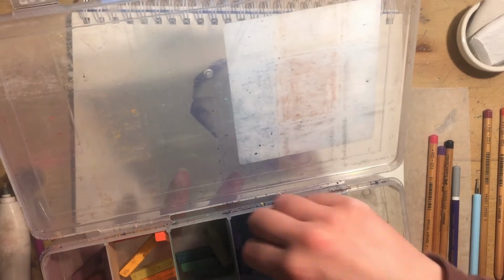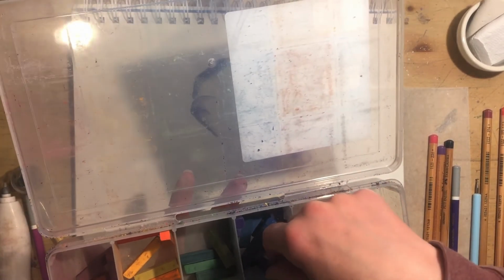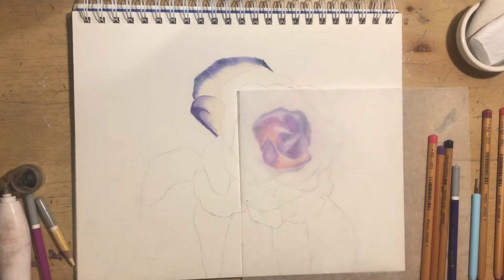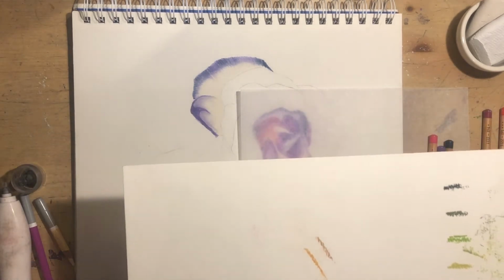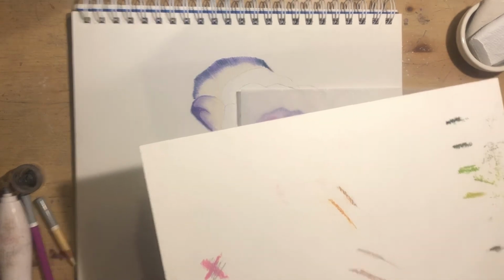and I'm going to get, I want to kind of do a lightish purple, and I need to test out the color here. That's a little dark. I'm not sure that I have